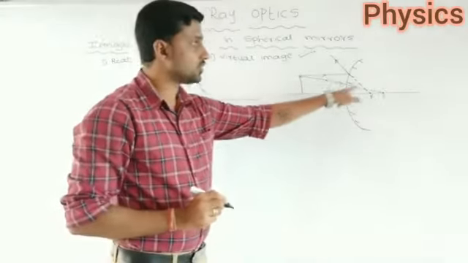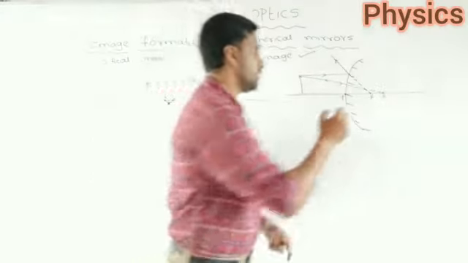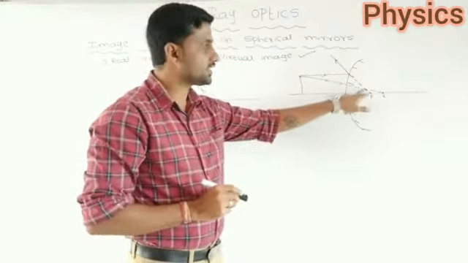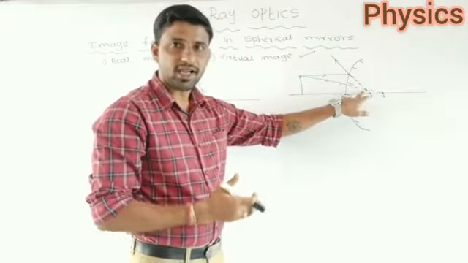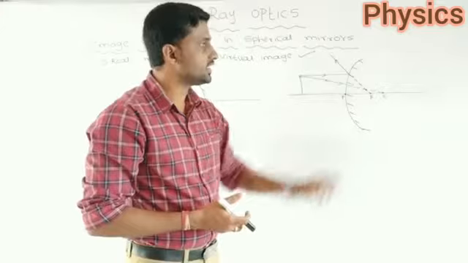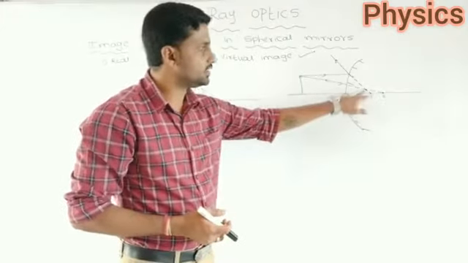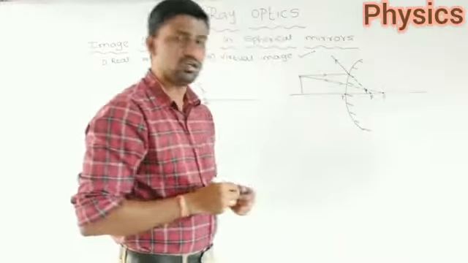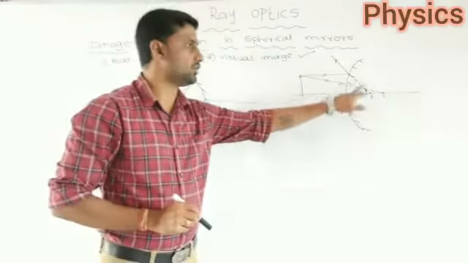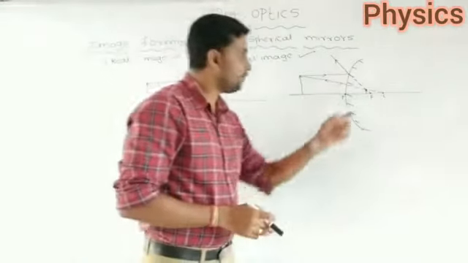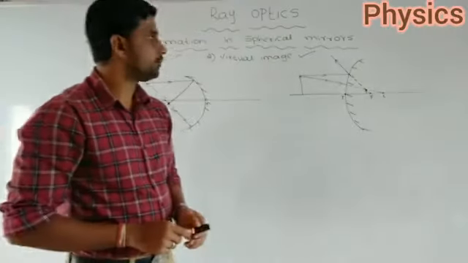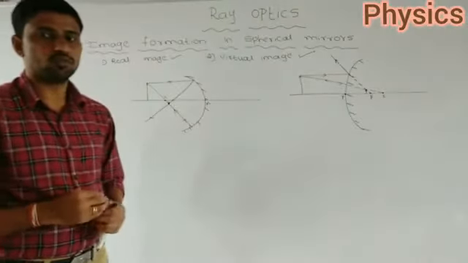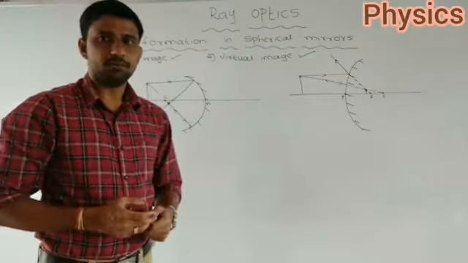Right. So if you observe here, inside the mirror I am getting one point at which these two reflected rays meet. But it is actually not a real point. Actually they are not meeting, but because I extended these two reflected rays, I am getting this point. And I am getting the image here. That type of image is called a virtual image. Actually they are not meeting here, but appear to diverge from this point. Then that type of image is a virtual image. These are the two important types of image that we will observe in the case of spherical mirrors.